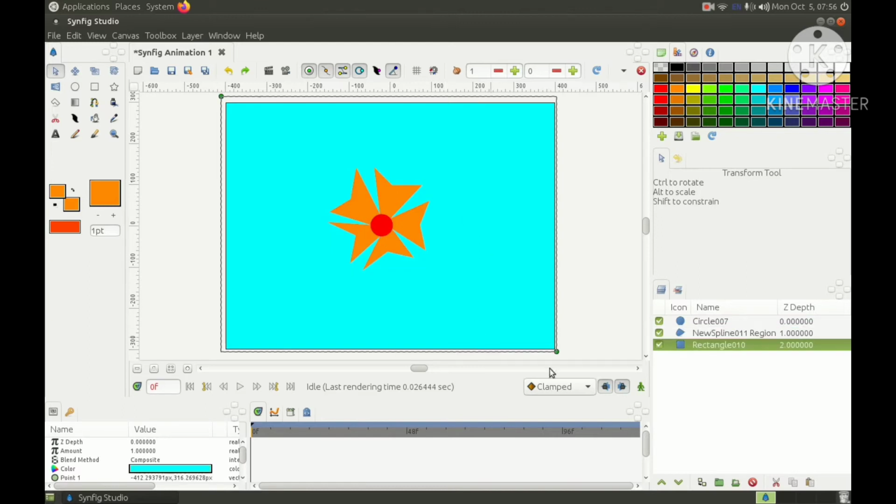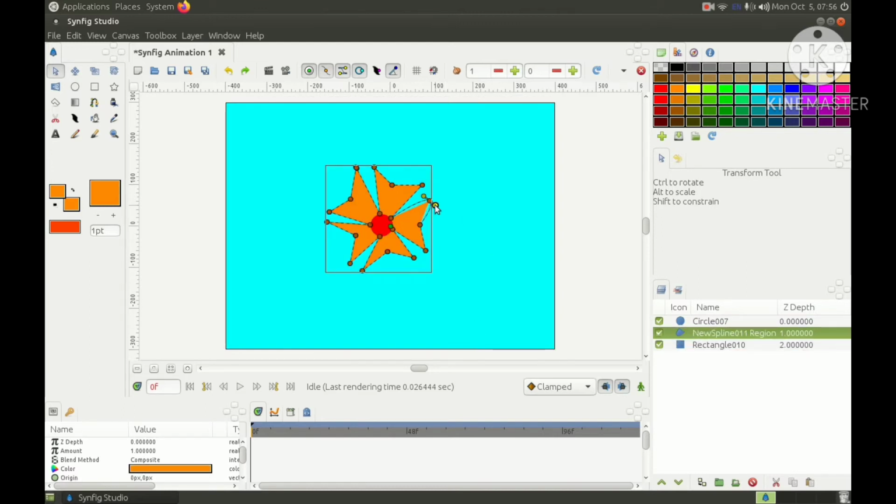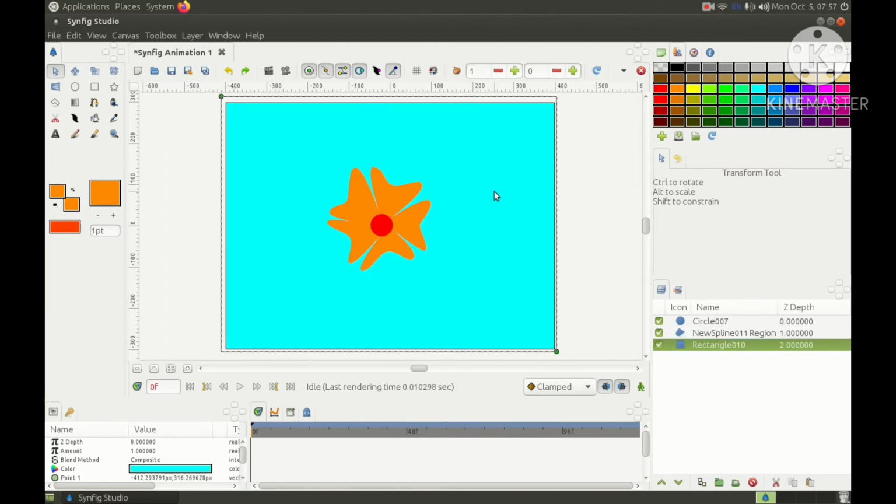Okay, now we will give the smooth curves here. Okay, you can see I have created a flower shape.